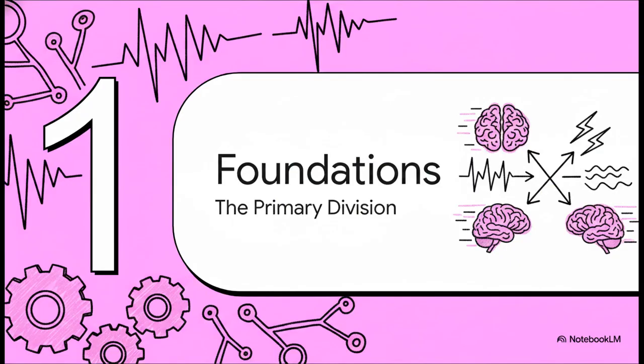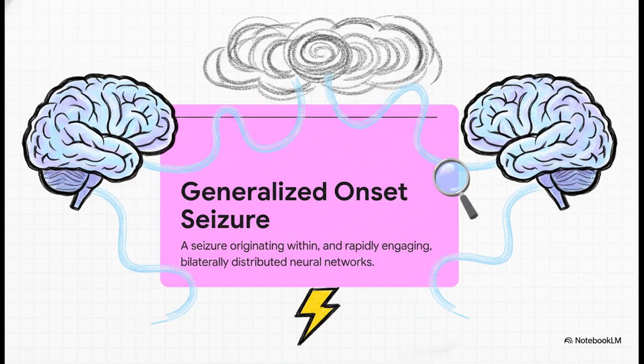All right, first things first, let's establish the fundamentals. What exactly makes a seizure generalized in the first place? And how do we even begin to classify them from the very first observation? So the core concept here, the big idea, is that a generalized seizure isn't starting in one tiny spot. Nope, it originates across networks in both hemispheres of the brain almost instantly. And this widespread engagement is absolutely crucial because it almost always results in impaired consciousness, which is a key feature